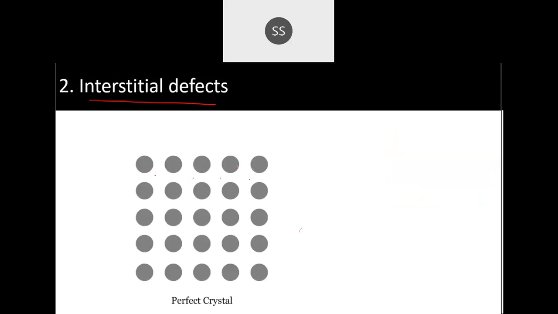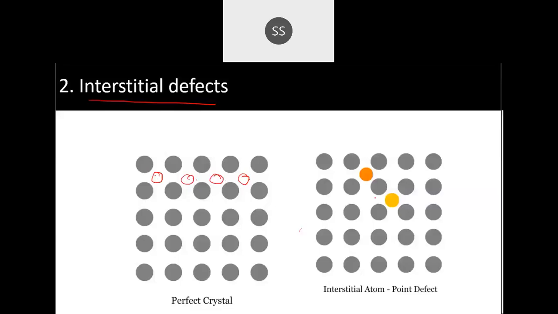So when you have now a bigger atom, and then suppose if you combine with the smaller atoms, then those smaller atoms can come and occupy these spaces. It usually happens when the alloy formations are done. The main ones will have a larger atom, and in between them there will be a space, so the smaller atoms can go and get trapped in between that. So they will get trapped in this particular site, which is called as interstitial site. So that defect will be called as interstitial defect.